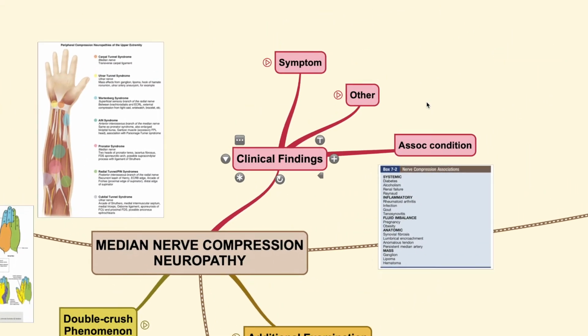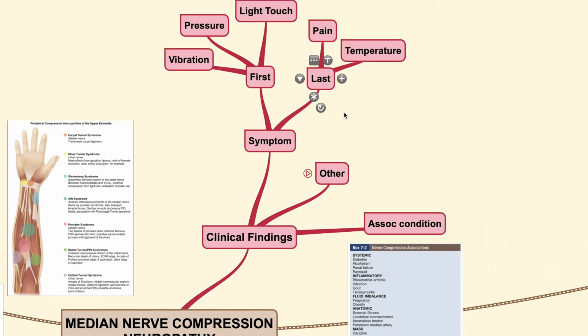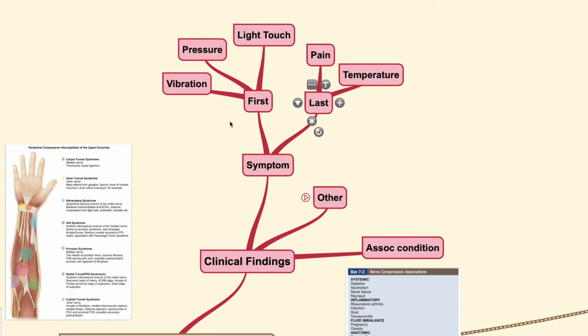Now, knowing that, we should be able to predict the symptoms, which is firstly, it should affect nerve fibers that give out the coverage of light touch, pressure, and vibration sensation. And lastly, if the compression is long enough and severe enough, it will present as a disturbance in the pain